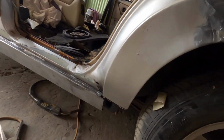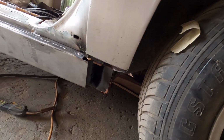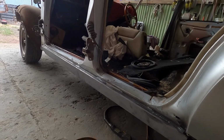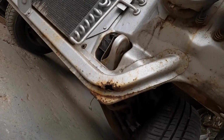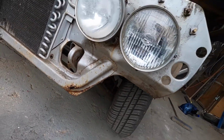Seal panel's all welded in now, just got to finish off this dog leg and it's done. Then I can move and do the other side. Rust is nearly finished on the Statesman. All I have left as far as rust goes is a patch right there,